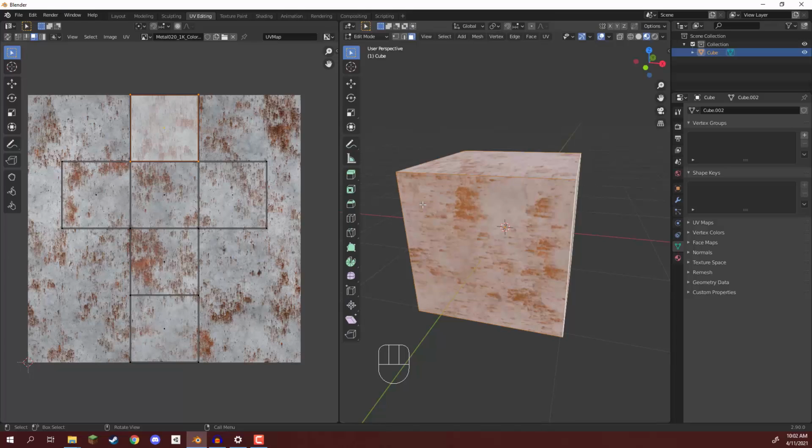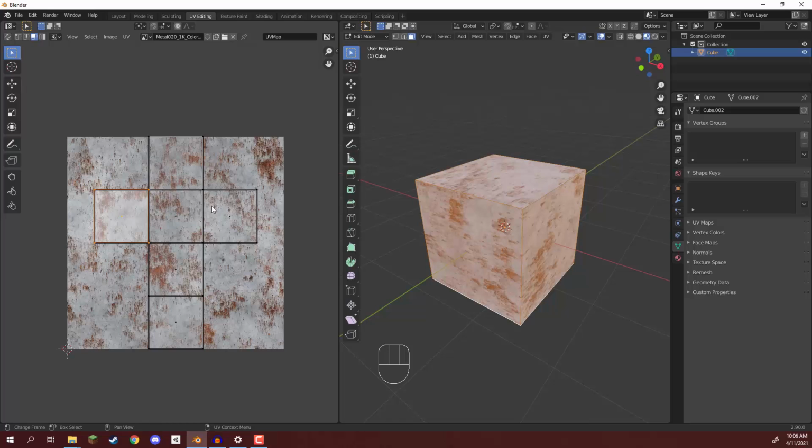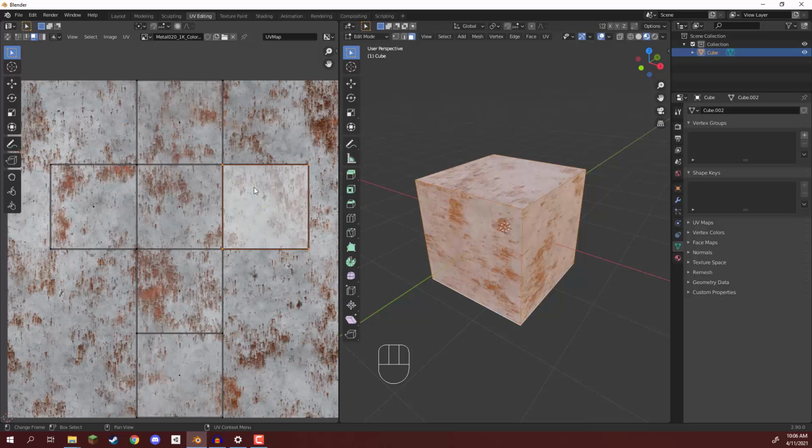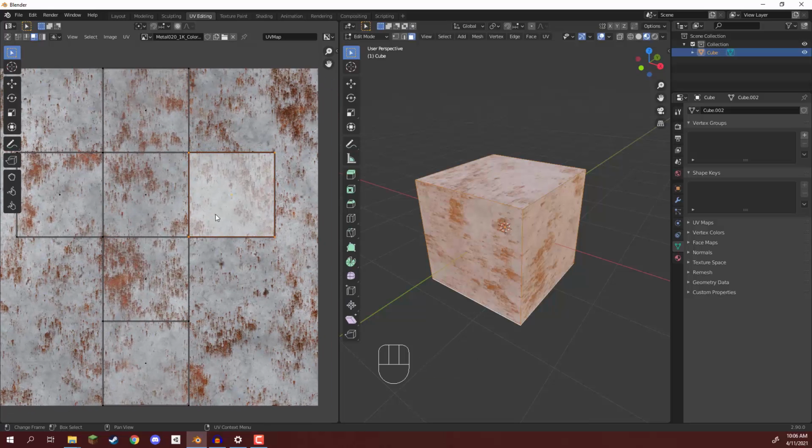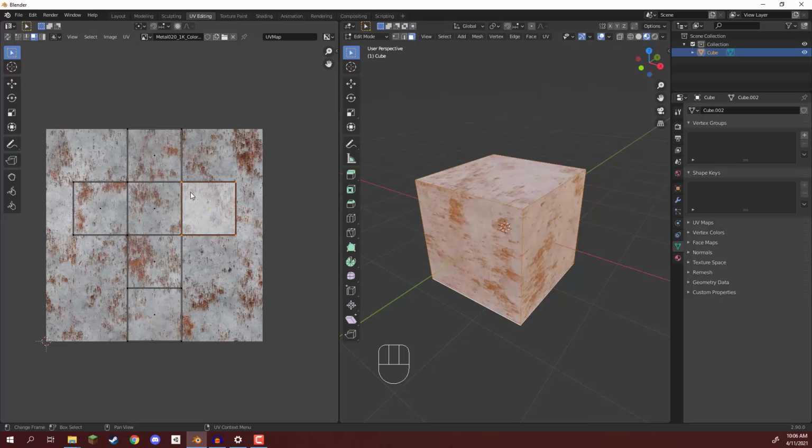Now, when it comes to cubes, they're pretty simple objects. They're one of the most simple 3D objects you can have. So unwrapping this sort of thing is fairly simple, okay? In fact, it does it automatically for us right here with each of the individual faces. All right, so we've got a UV here on the left, but you'll notice that when we select a square,